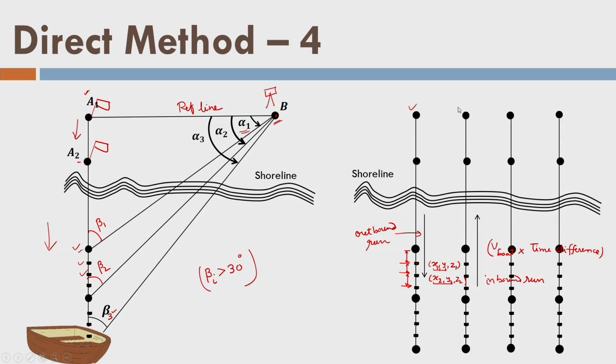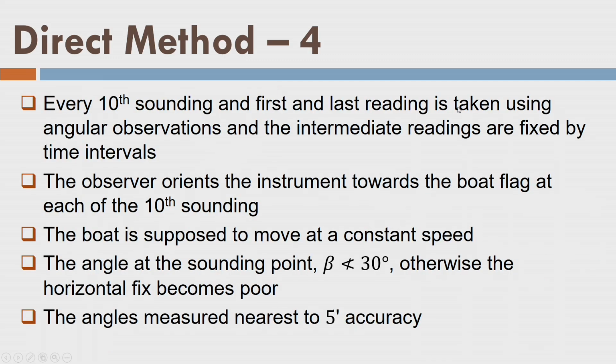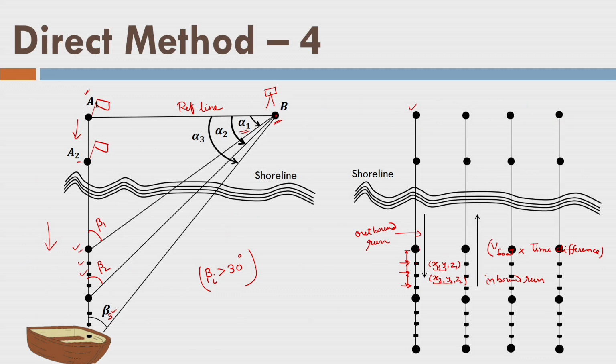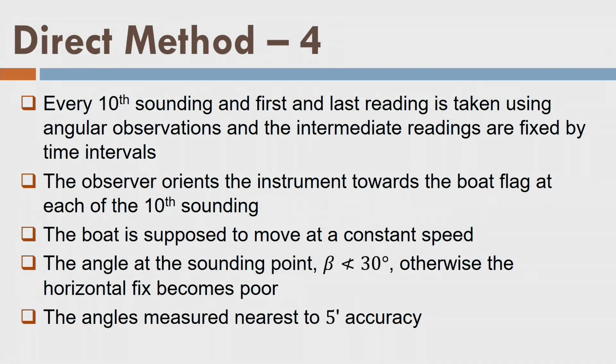Okay, so we repeat this process like this. Now, in this case, if we go back just to the previous slide, these are the positions noted down by the angle observation, and not these positions here. Let us say we take every 10th reading for angle observation. Between these readings, the 9 readings are taken without the angle observation, but we have observed the time interval and we are moving in a straight line, and that is why we can always find the angle with the help of the theodolite by an interpolation process. This process is explained in the slide, you can read it yourself.